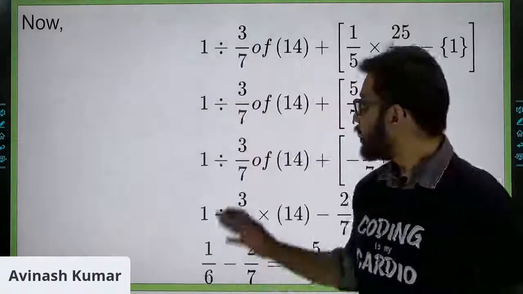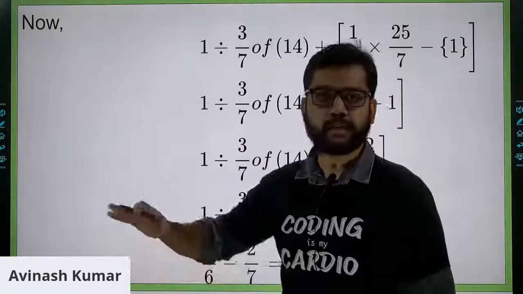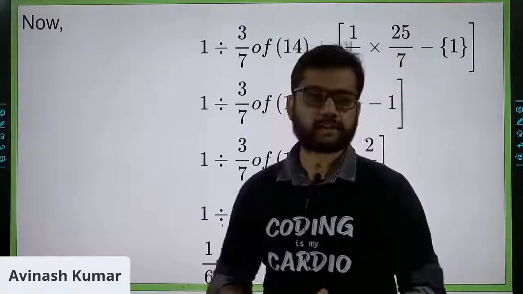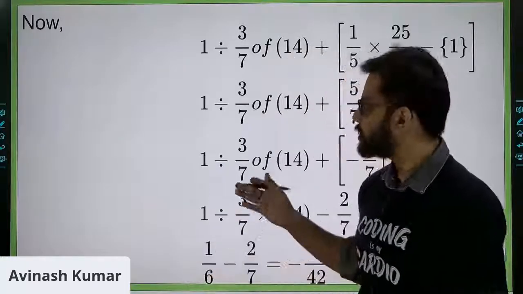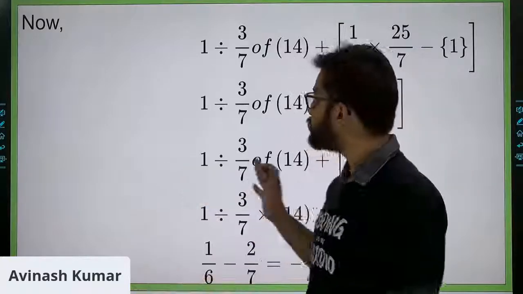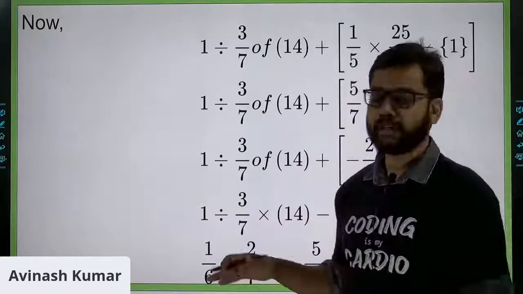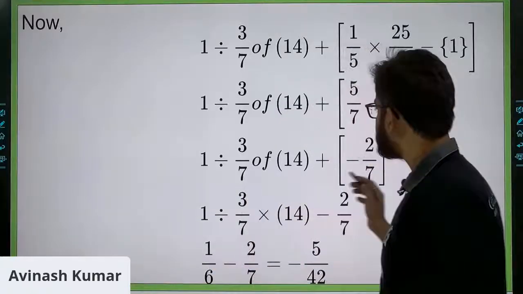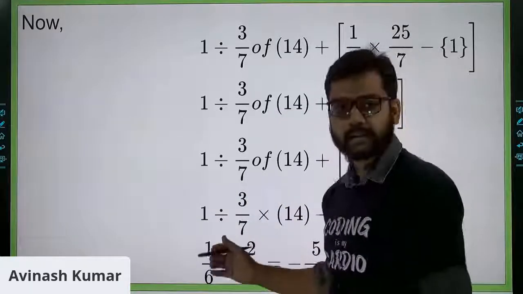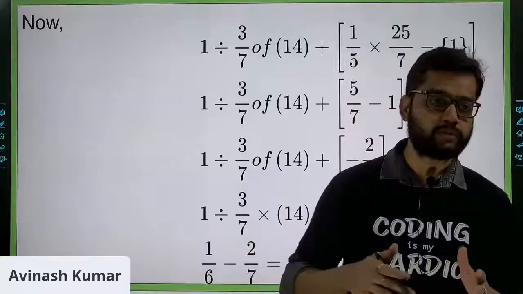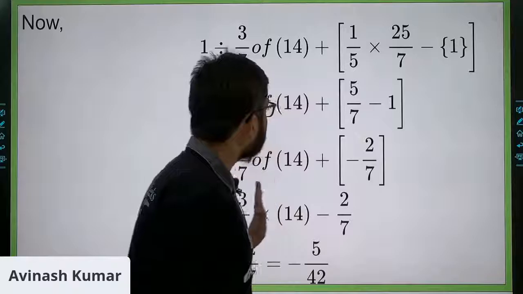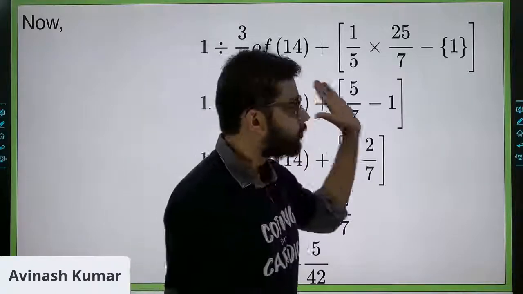So see, I have solved this question in the layman manner, fully, like I haven't skipped any step. That's why it's taking this much time. But once you see this question in the actual examination, you don't have to go through all of these steps. You have to do a lot of the calculation in your own mind and then reflect that on the board. So in the examination we don't have to go through all the steps.